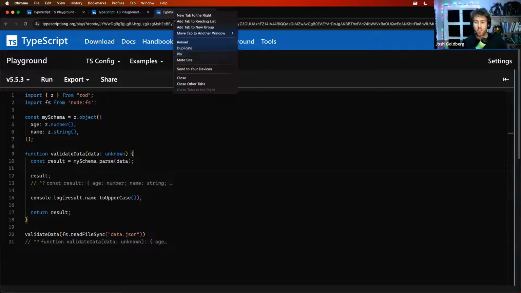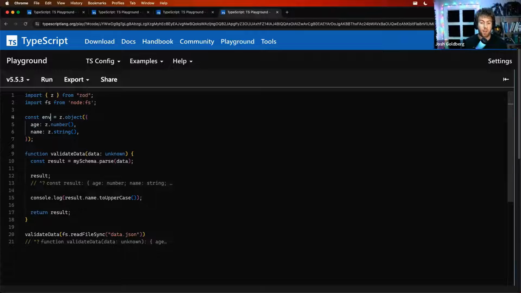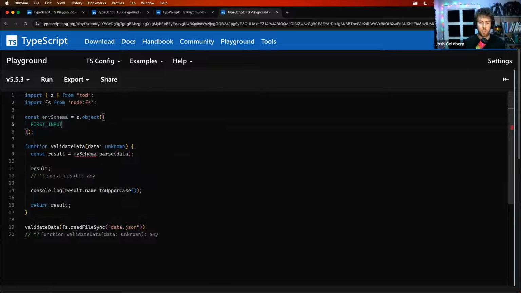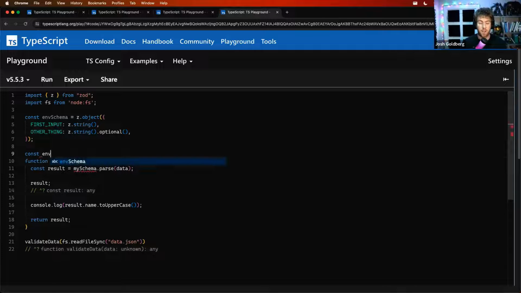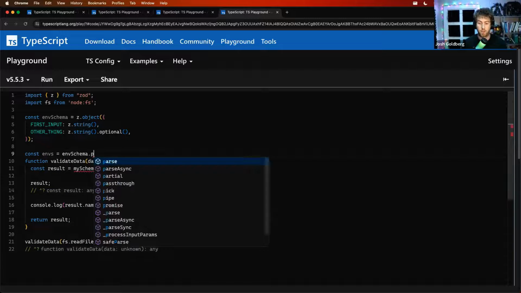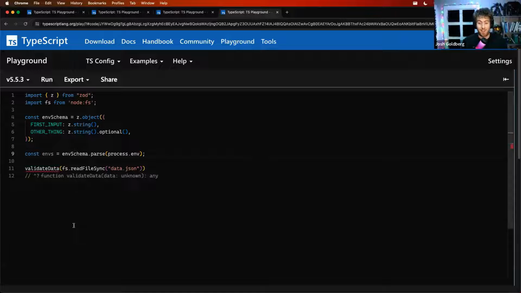Yeah. Actually, there's another really nice use, in addition to that, so yes to that, not saying no. In addition to that is env schema. If you want to validate that your process.env is good and happy, you might do first input z.string, other thing z.string.optional, let's say. We're not going to cover optional in this workshop, just showing an example. You might do const envs equals env schema.parse process.env. And then